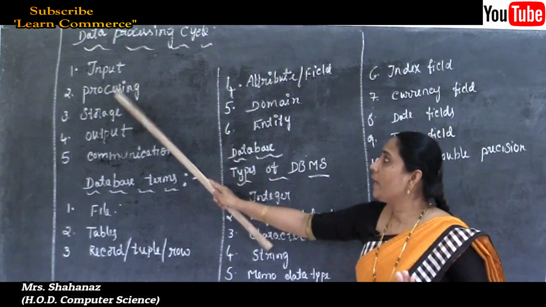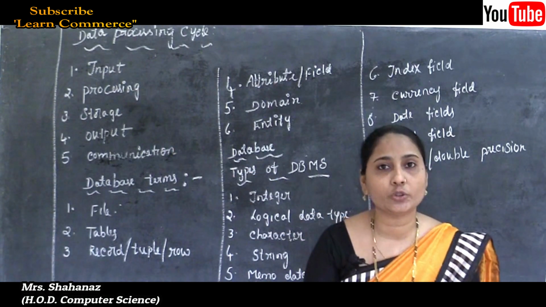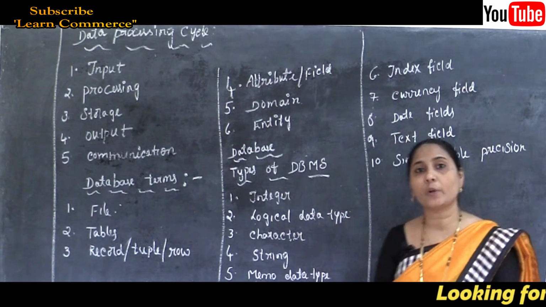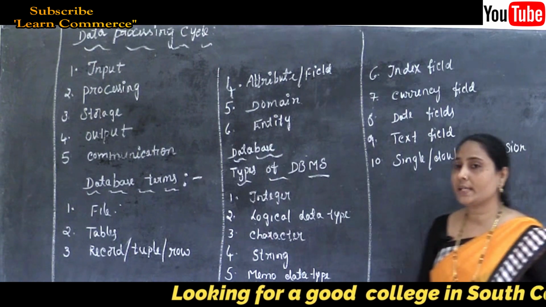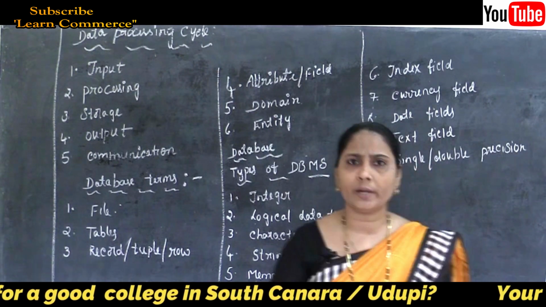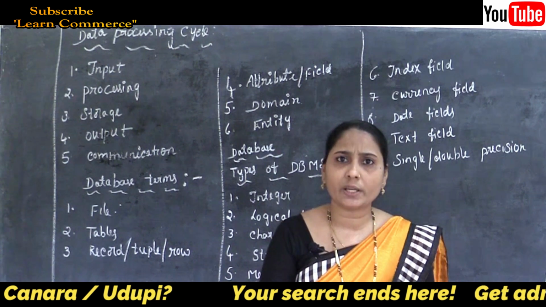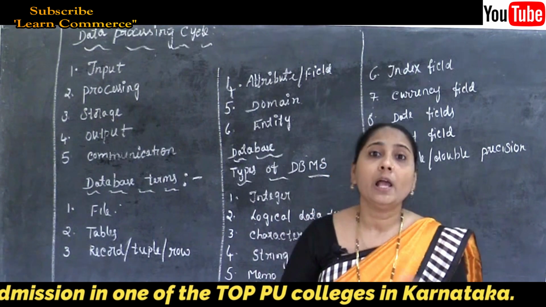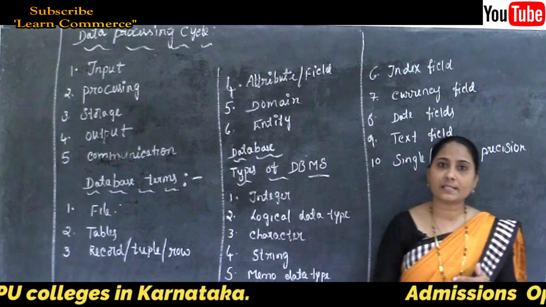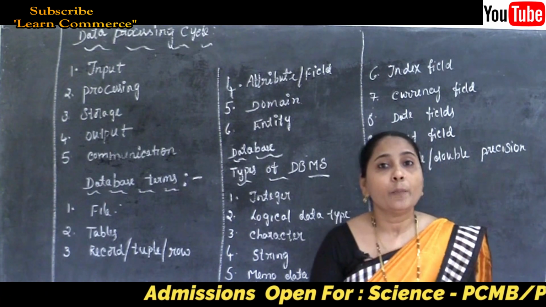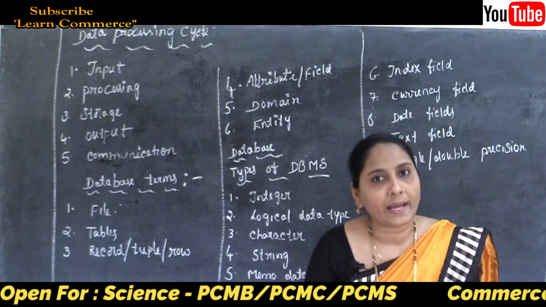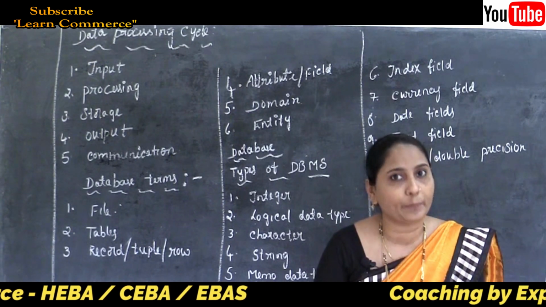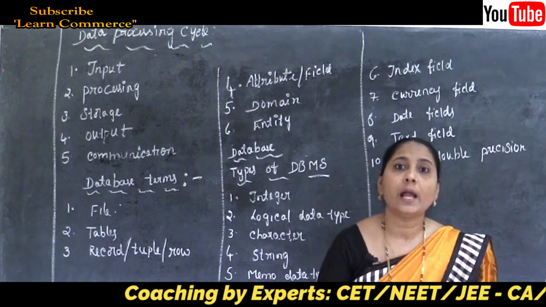Is this point clear? Now we have already input the data into the computer. Now let's see the next step of our data processing cycle, that is the processing. We already input data into the computer. To get some output, some result or information, we need to do some processing. So here we can say that processing is a series of actions. Some actions we perform in our computer, so that is called the processing.